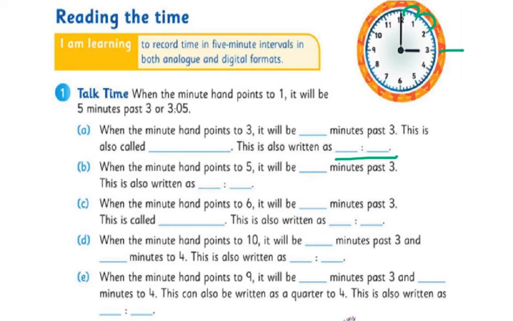We're focusing on 5-minute intervals, and we're looking at analog clocks. So the analog clock is the clock pictured here, like the one on the wall in school, and digital format, so like the digital clock with the 2 colons. With the digital clock, remember, hours is in the first part before the 2 colons, and then your minutes past the hour. Okay, so for example, if it was 7:15,